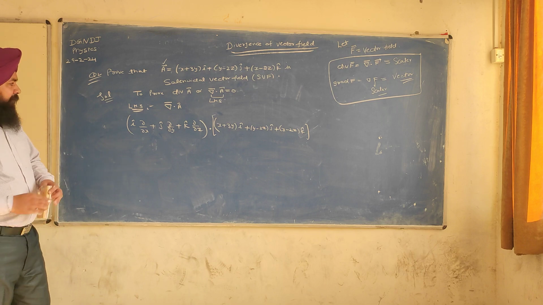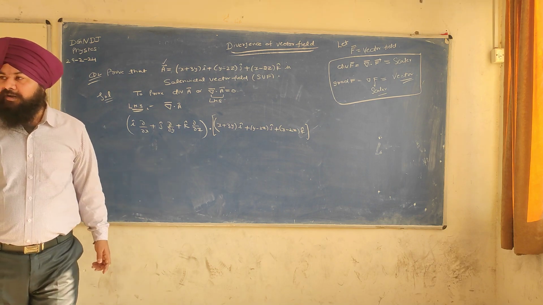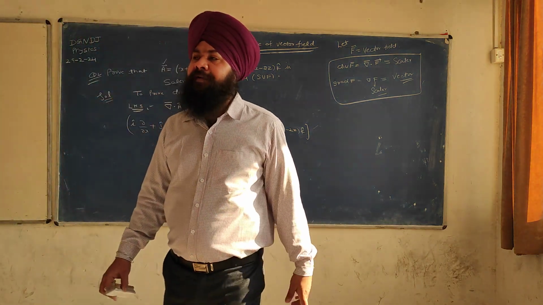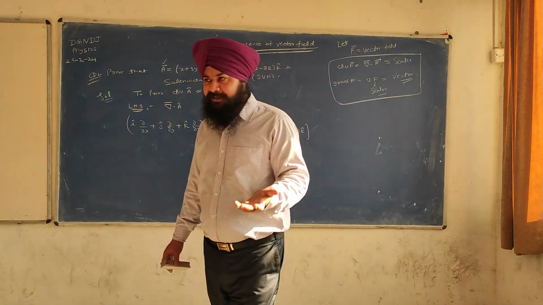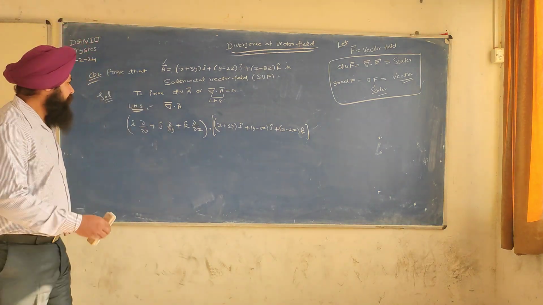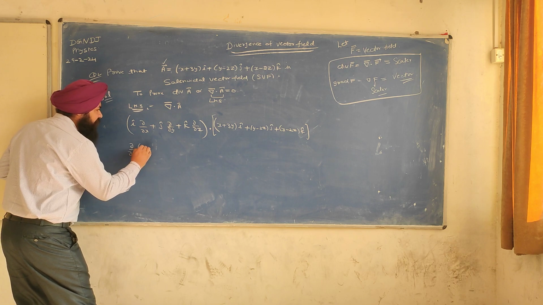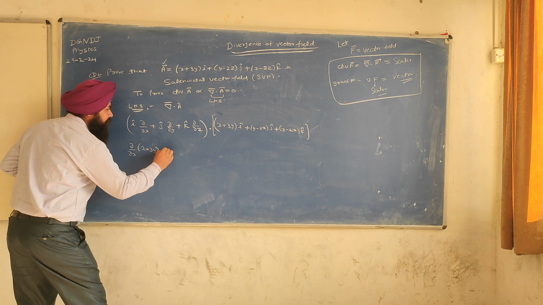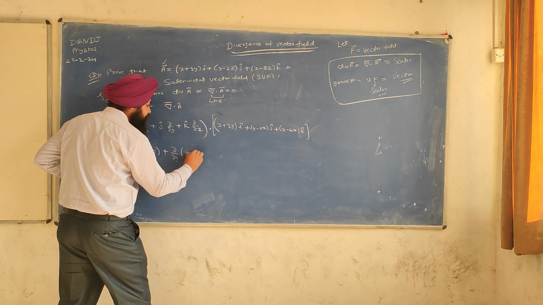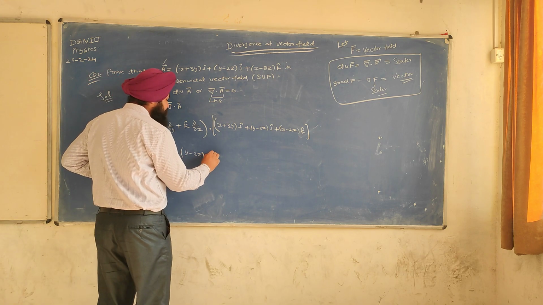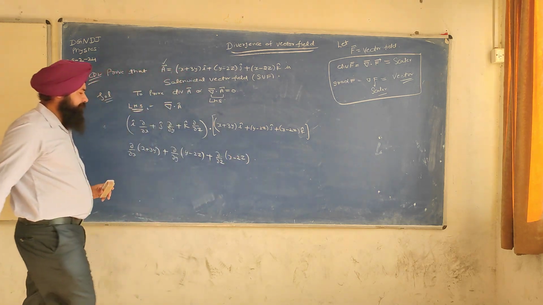Okay. Now how do we solve this? i dot i is 1, j dot j is 1, k dot k is 1. The rest of the combinations will give me 0: i dot j 0, i dot k 0, j dot i 0, j dot k 0. Now see, I am getting curly d by curly x of x plus 3y, plus curly d by curly y of y minus 2z, plus curly d by curly z of x minus 2z.